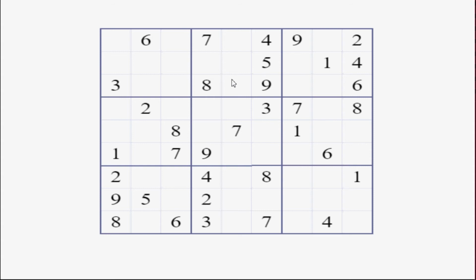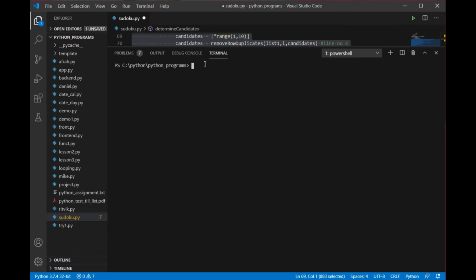Okay, so I have developed that program in Python using the Visual Studio Code interface. Now that is entirely your choice. You can do that on any platform. Okay, so let's have a look at the output of the program that I have developed, and then we will be discussing the logic of the program. So see, I have already created this program, okay, and I have named it Sudoku. This is my Visual Studio Code interface, and since I have created the program in Python, in order to run this code I need to write python, then sudoku, with the extension .py.